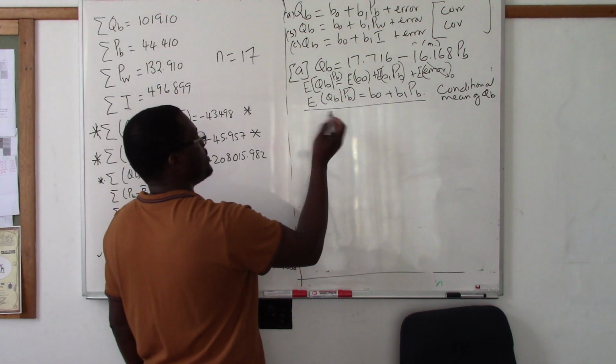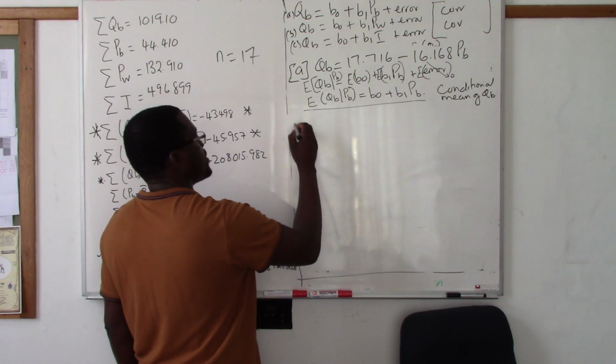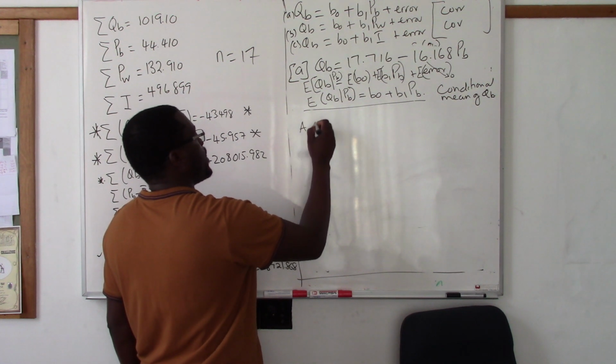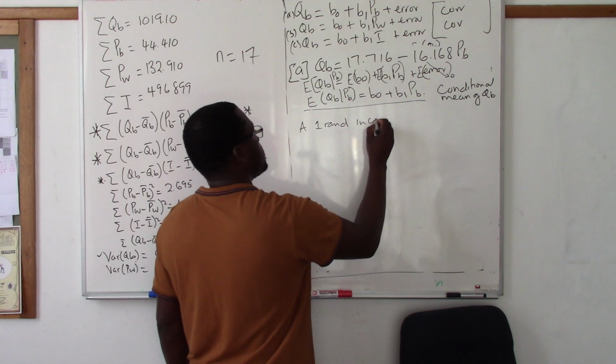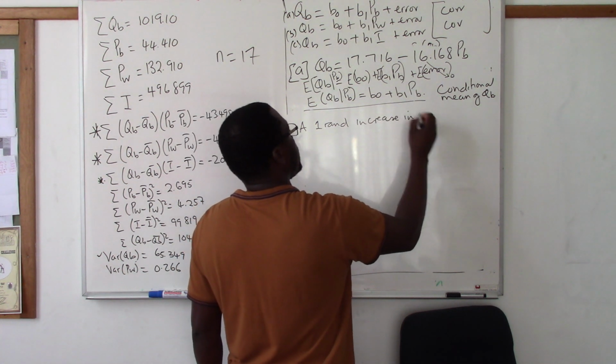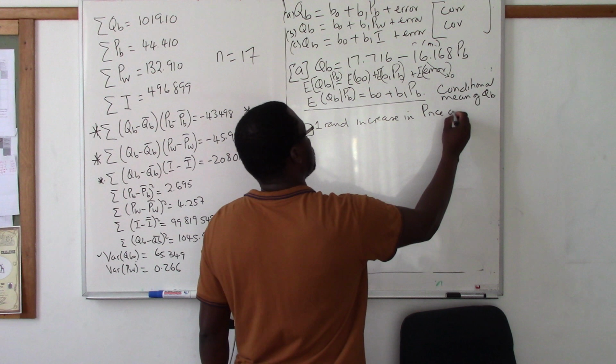So therefore we can interpret it as follows: a 1 rand increase in the price of beer